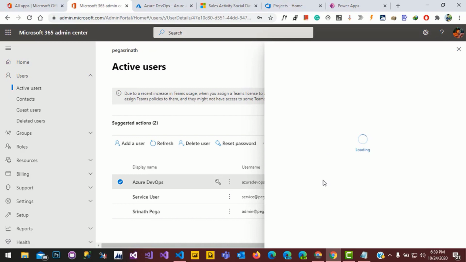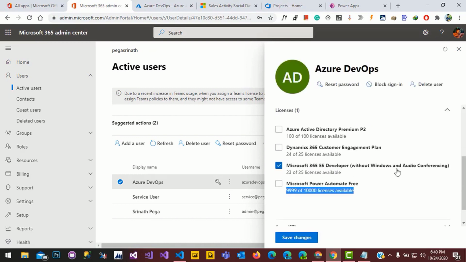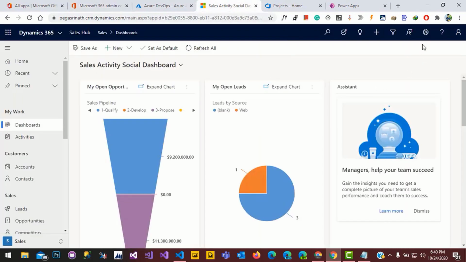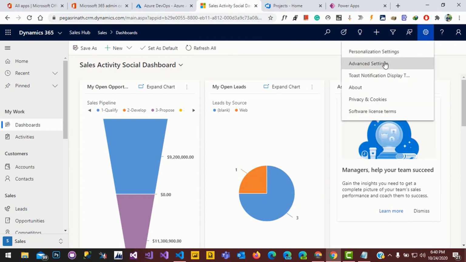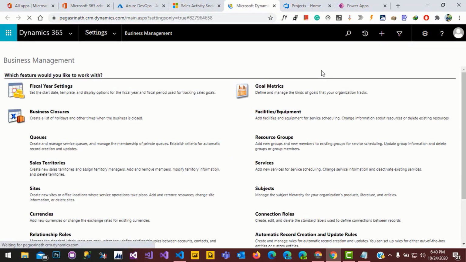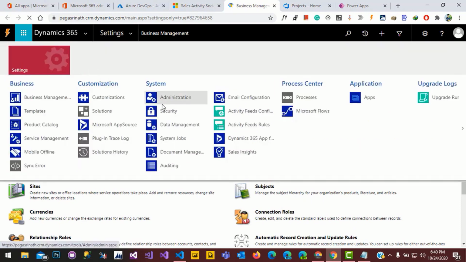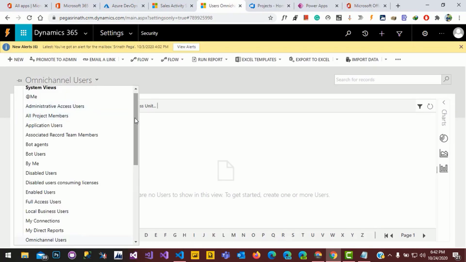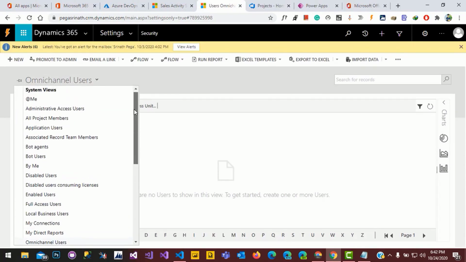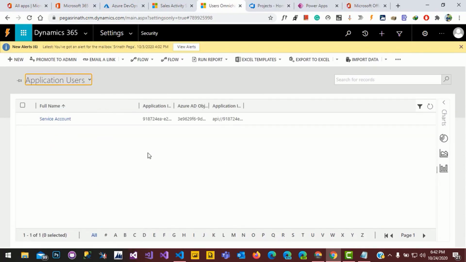Let's see what licenses got assigned to this user. Only the Office license is there. Now go to Dynamics, click on advanced settings, go to security, click on users. Now change the view to application users, click on new.